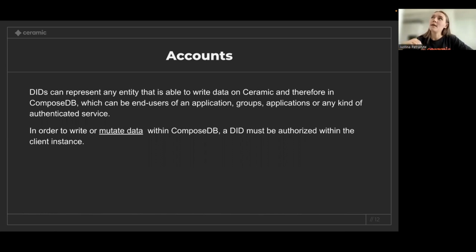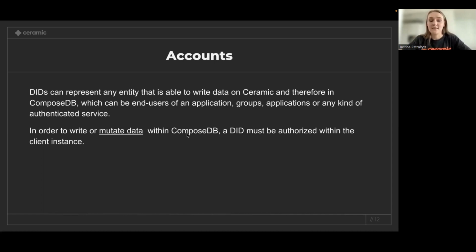In Ceramic and ComposeDB right now, we have an option to use Sign-In with Ethereum as your sign-in method. Basically, it means that if you have an Ethereum wallet, you will have a DID created for you, and you can manage all of the data that is generated as you interact with your application through that.